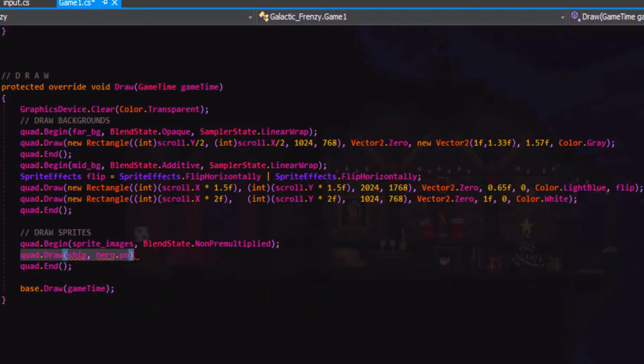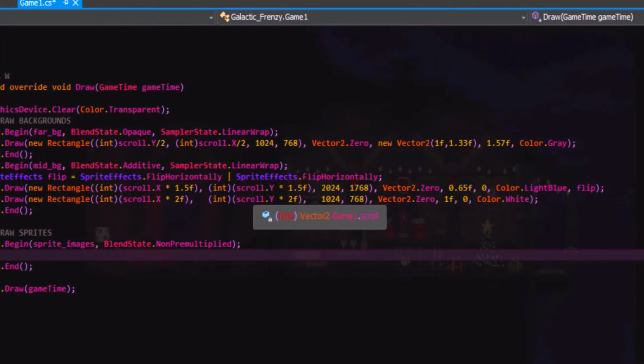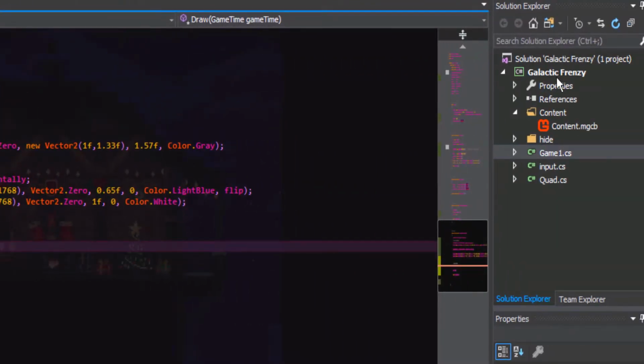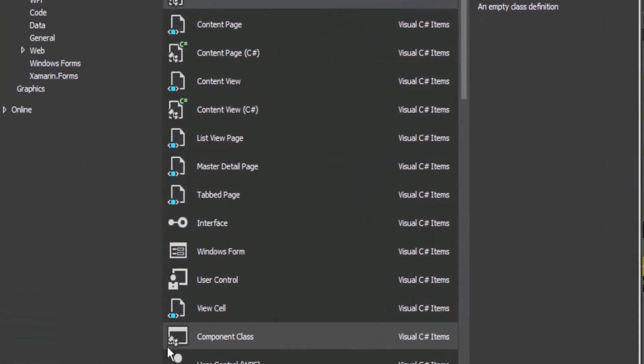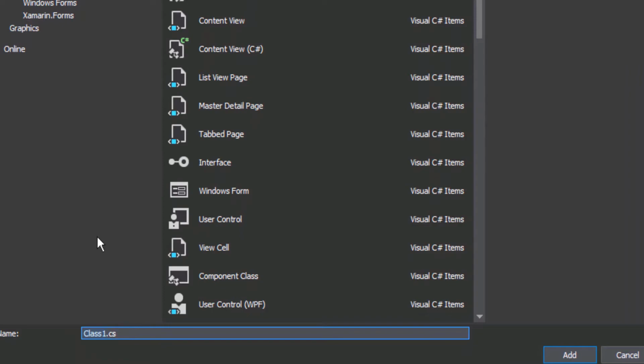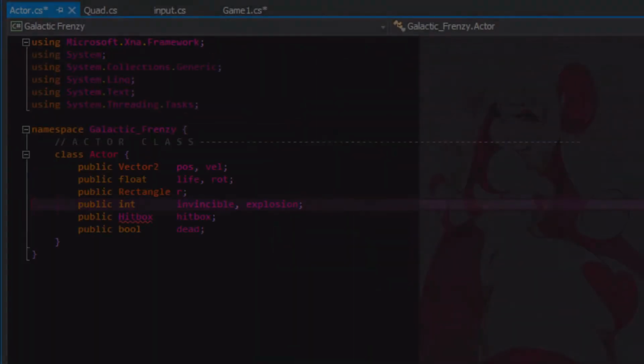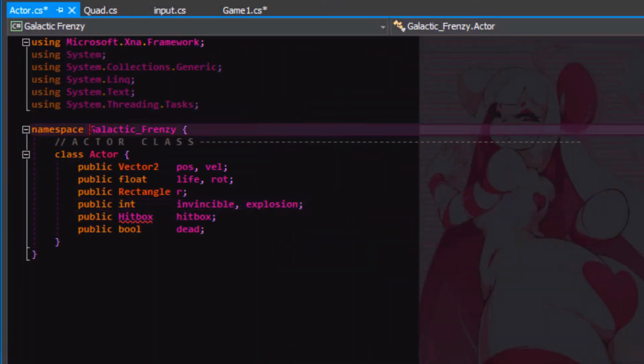You know what, let's make a class. For controlling enemies and the main hero character, let's go over to the right here and we'll add a new class called Actor. And we can use this to control any of the characters. I started making this, oops, let's just go like this first.